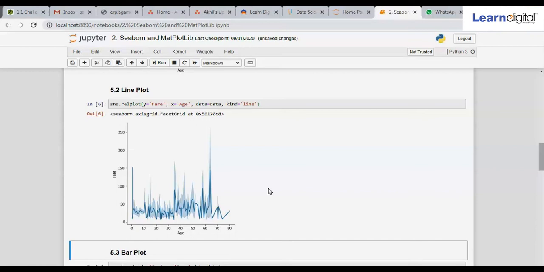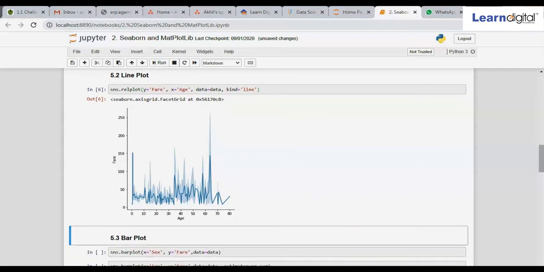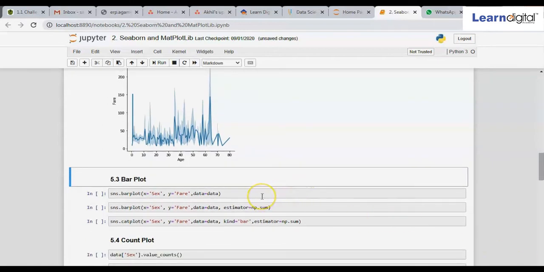So this is how the line plots get executed. Now next comes a bar plot. This can be made between categorical and numerical variables. Let me show you how we can use bar. As you can see, the syntax is changed here. Since we are using a bar plot, it's sns.barplot, and this can be made between a categorical and a numerical variable. For numerical I have kept fare, and for categorical I have kept sex, which includes two values, male and female. Let's see how a bar plot comes up. Let me execute this and show you.